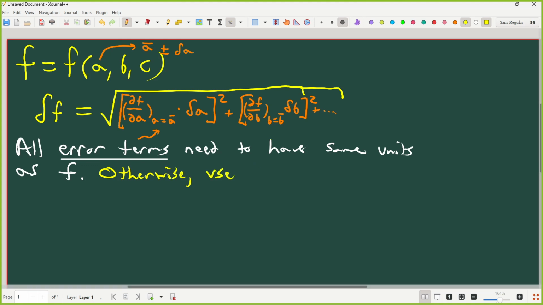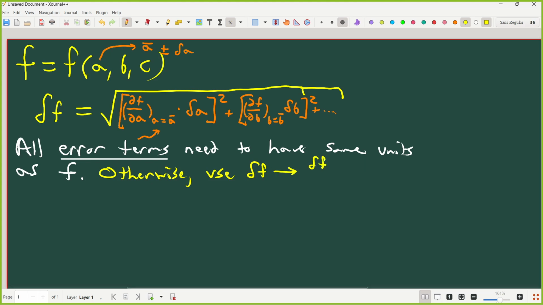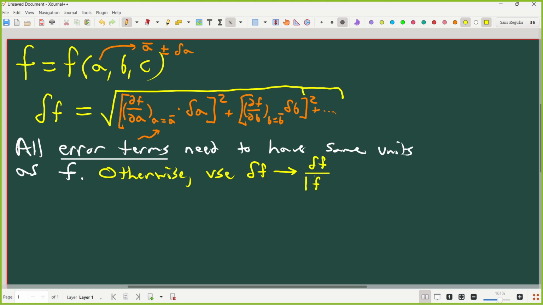So instead of df, you would use df over the value of f that you measure with your experiment, right? So in the case of the lab that you guys are doing this week, F here is the moles of the gas, which is a function of the temperature, the volume, and the pressure, right? And F bar here is the value of the moles that you calculate for the amount of material in your bulb